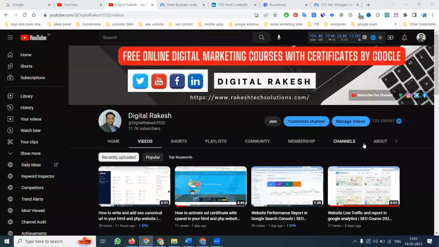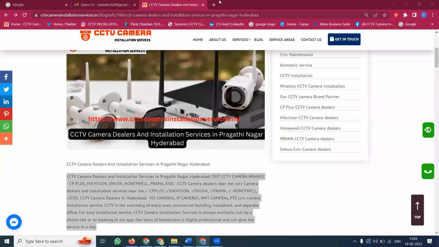So for any particular website, for website traffic purposes, how do you use Quora? Quora has two options. One is that you can write a question first, or else, when someone else gives a question, you can write answers. Two things. But if you make any one mistake, your Quora account will be suspended. Be careful when doing Quora submissions. Don't give too many links to your particular website.